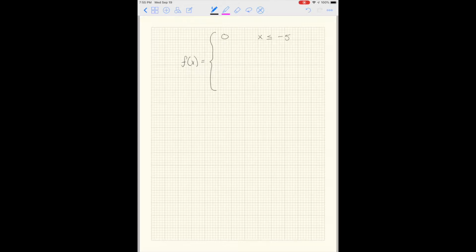And then let's do 1.5x plus 7.5, for x, no, sorry, I'll do,